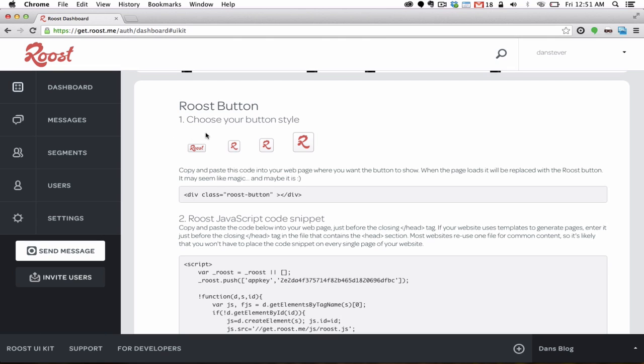Step 1 says to choose my button style. I can click on the style I like and the code that I need updates automatically. I want to use the social style button. As a side note, this button was designed at the same size as your standard Facebook, Twitter, Pinterest, and LinkedIn buttons. I copy and paste this code